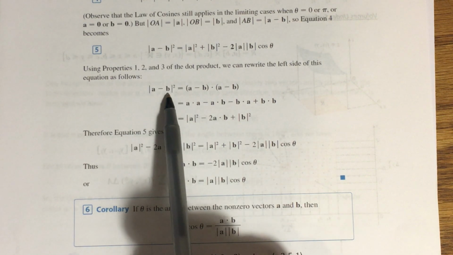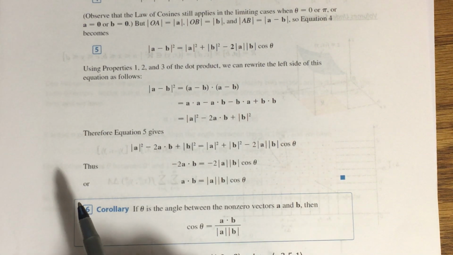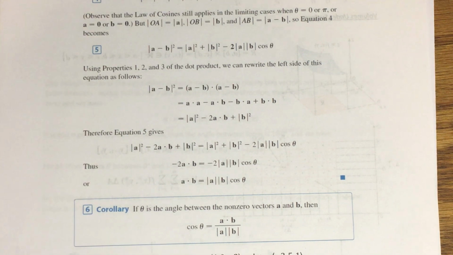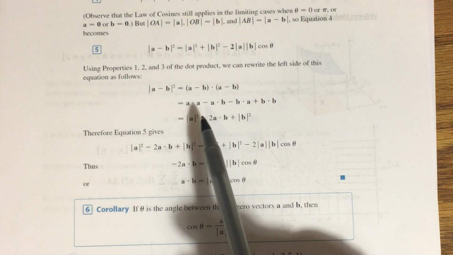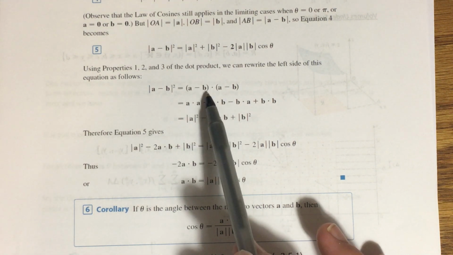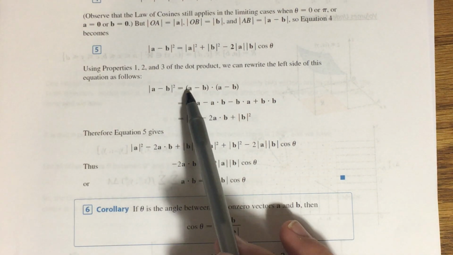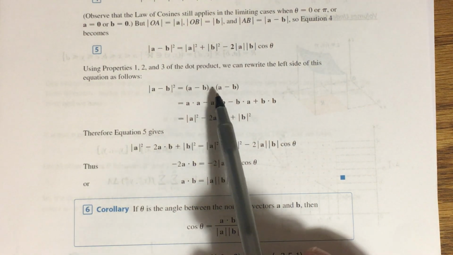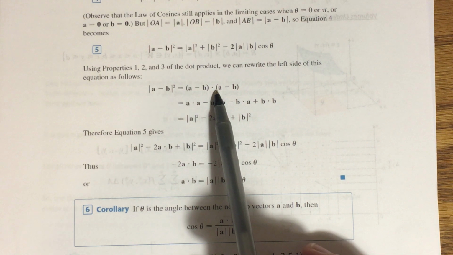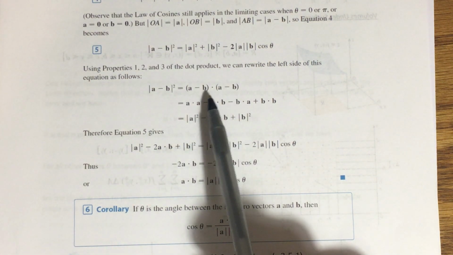Okay, so I can rewrite that magnitude of a minus b squared as a minus b dot a minus b. Now, some of the other properties that we didn't really spend time talking over, but we looked at, of the dot product allow us to perform a dot product like this. This makes you think of FOIL from algebra, you know, first, inside, outside, last, the way that we multiply two binomials. And it turns out that even though this is not the same thing as real number multiplication, because dot products have the distributive property and they have the commutative property of multiplication, we can multiply this out in a